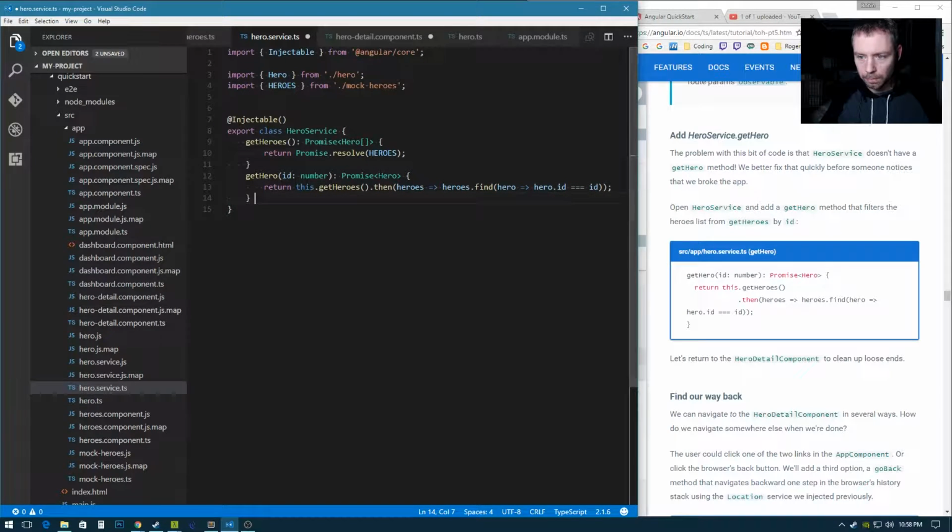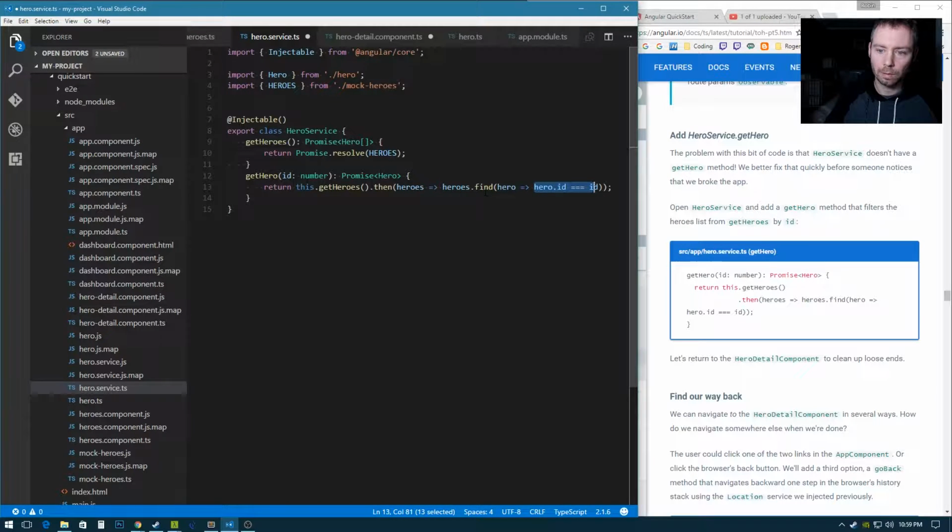So what we're doing here is when we want to get the one hero and we pass in the number, let's say 3, this will spit out that third hero, and it gets that by getting the array of heroes, which is a promise. So basically everything's coming back here, and when it gets back the array, it feeds in the array to the arrow function, and it finds the hero where it iterates through the array, and when the ID matches,